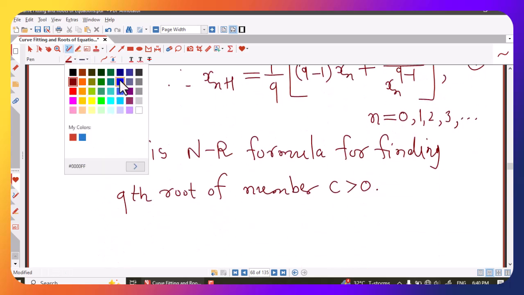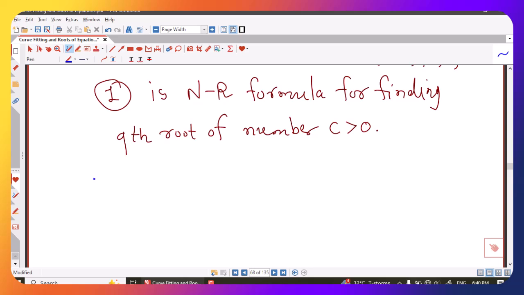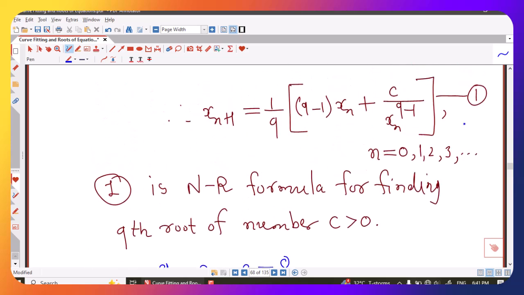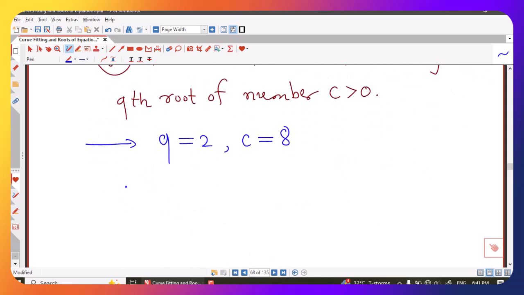That means square root means we have to consider q equal to 2, and we are interested in the square root of 8. That means c equal to 8. So we will take q equal to 2 and c equal to 8 in equation number 1. So therefore 1 becomes